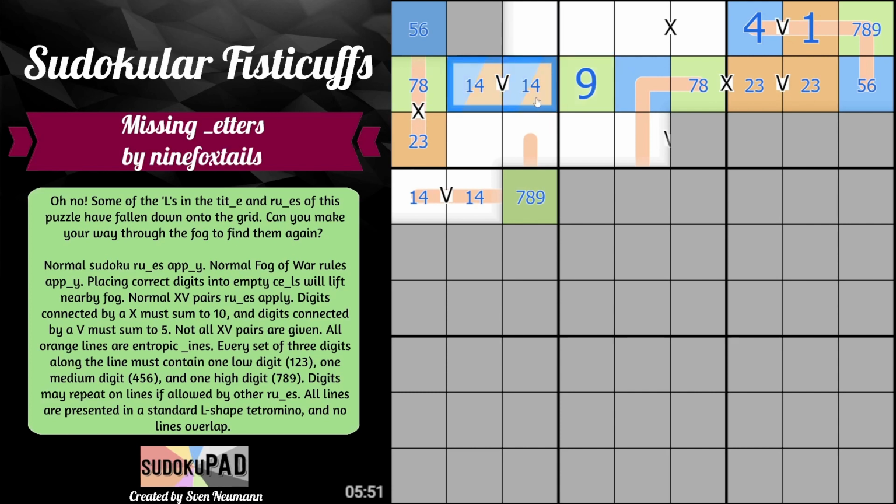9. We have 1, 4. We don't know the order. 2, 3, 5, 6. This is going to be 4, 5, 6. It can't be 4, so this is a 5, 6 pair. And this is going to be low. 1, 2, 3. Certainly going to be low. But this could either be...